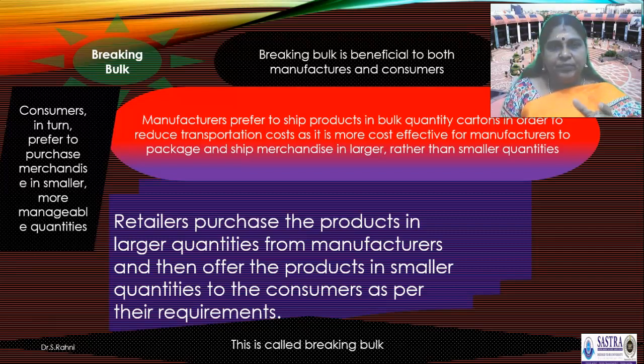But at the same time, the retailer who is purchasing in bulk orders from the manufacturers or from the industrialist will bring it back to their showroom or their retail outlets, and they will divide it into different categories. This will help the customers also to get cheaper prices. Manufacturers prefer to ship products in bulk quantity. Suppose it is an export-oriented or imported product, the cartons, in order to reduce the transportation cost,